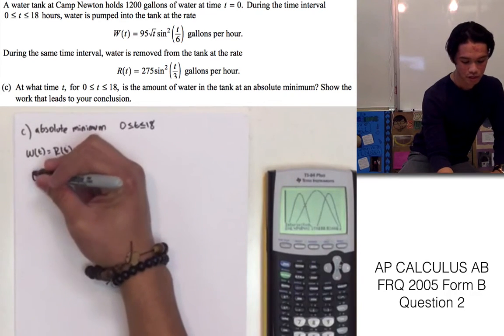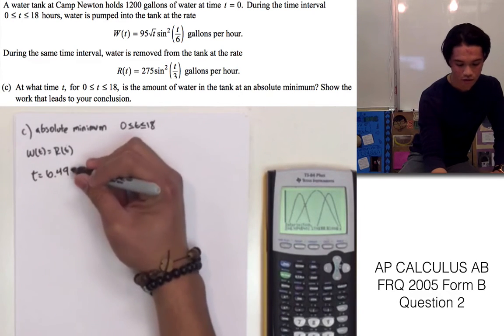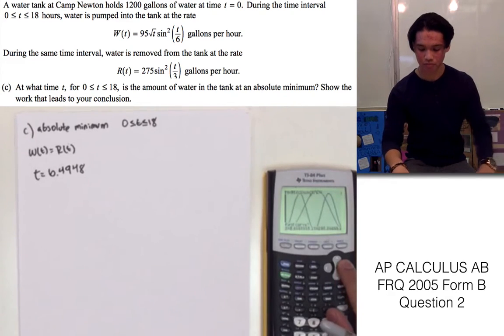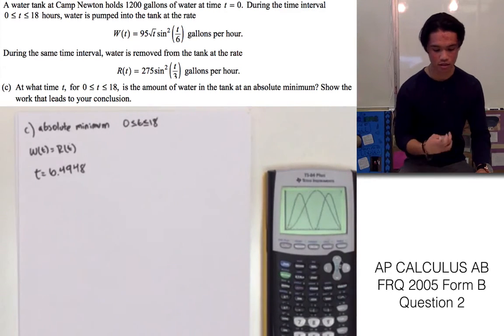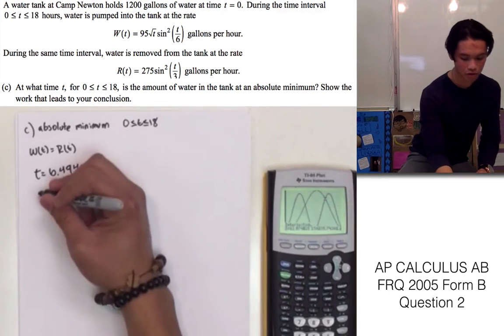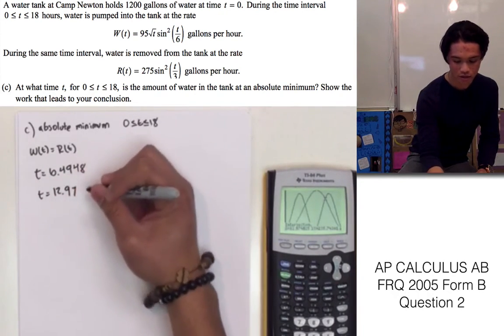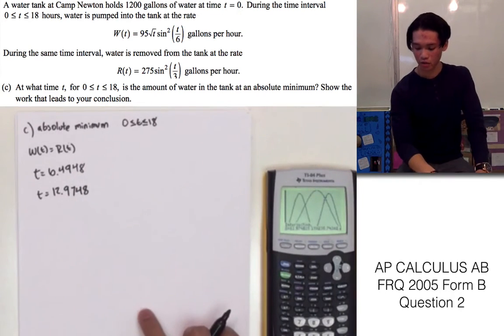And the value of t with the intersection is 6.4948. Now we can see that we have the other intersection, so let's go ahead and second trace, find that value. Second curve, and guess. The value of t is 12.9748. So these are our two critical numbers, but if we go back to the question, we were looking for